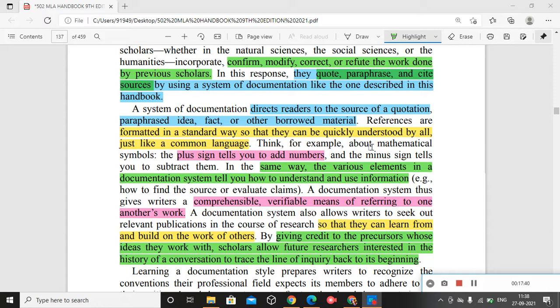Just type down the name of a text. Just search in Google for Umberto Eco's famous The Name of the Rose. You can see the same text in different cover pages, different covers. That means it may not be by the same publisher every time. So the number of pages may be different, if not the content.